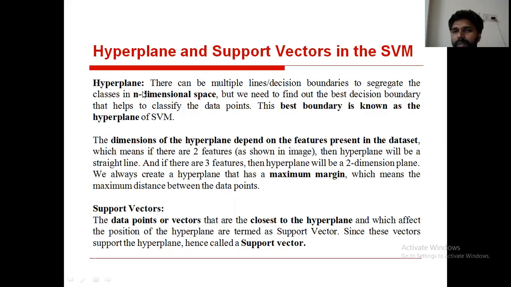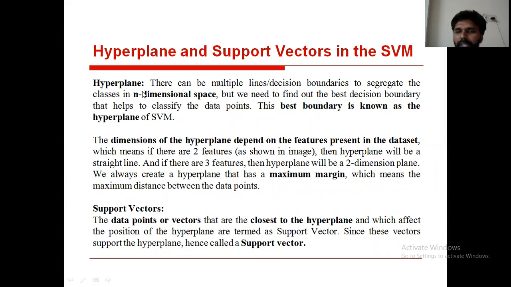Hyperplanes are also called decision boundaries. These decision boundaries are simply straight lines. On the decision boundaries, some instances may appear. Such instances are treated as support vectors.